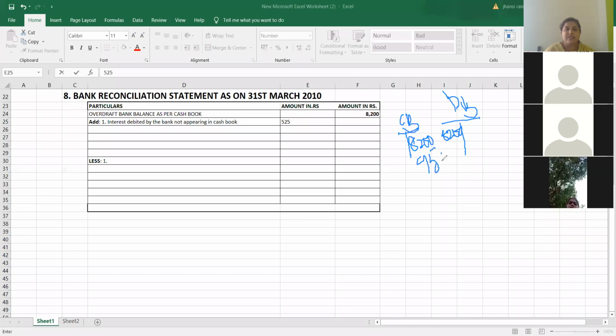But when did Vasan deposit this check in the bank? He deposited in April month, means after the due date. So whenever it is done after the due date, cash book is showing more balance if you compare here, because 8,200 plus 950, and passbook is showing less balance with only 8,200. So what I have to do? As I have to find out the balance of passbook, I will take the changes that are taking place in the passbook. So I will write over here,